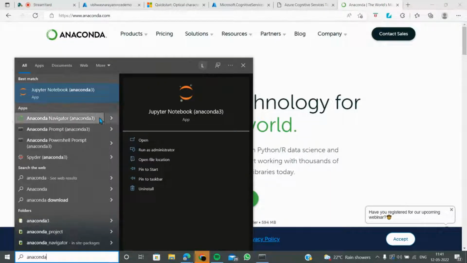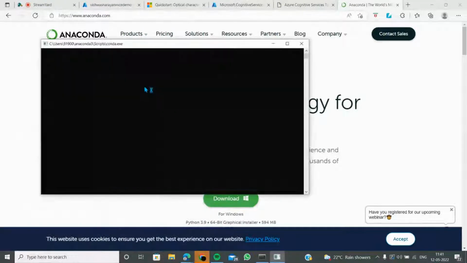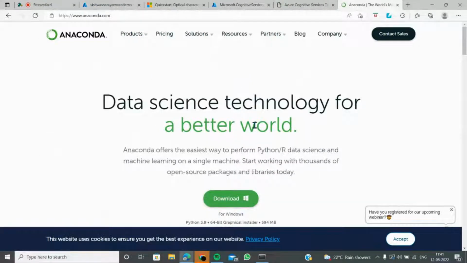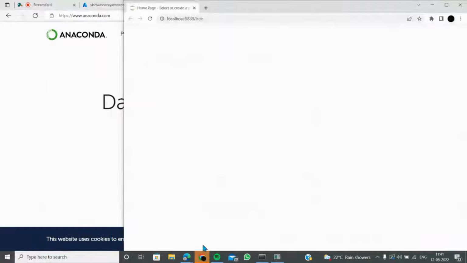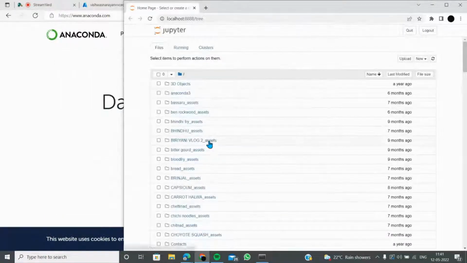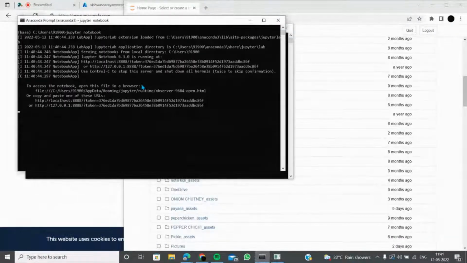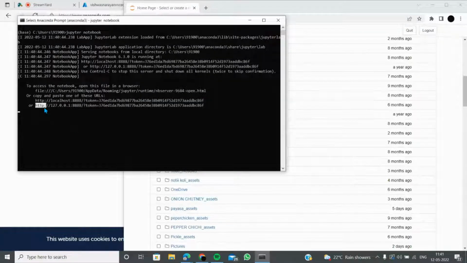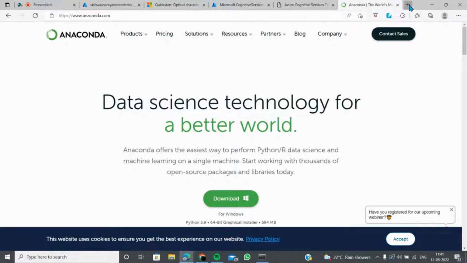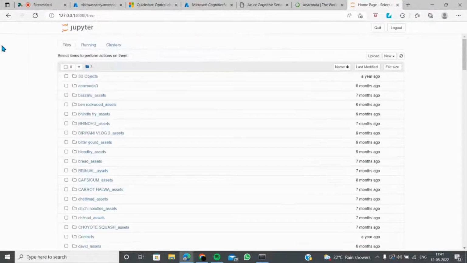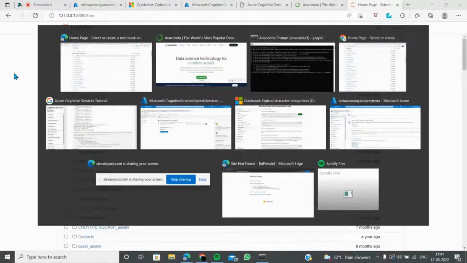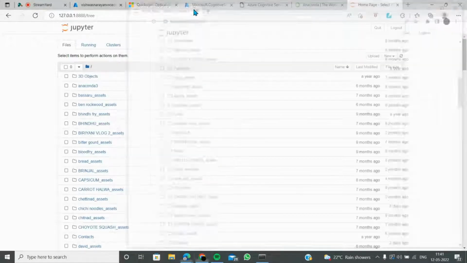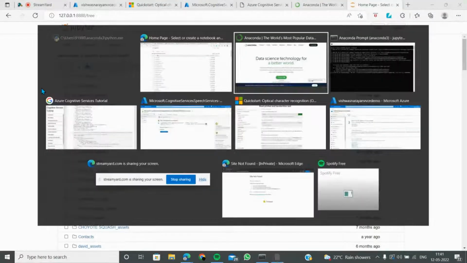There will be a navigator like this which gets opened up. It is actually a command prompt, but it'll just open up in a little while. So this is my localized version. I type Jupyter notebook, right? I've got it here. But if you want to access the same notebook on some other browser which is not your default, you can just click on this, and this will be opening up here as well. So I have two places, so let me just go through that.